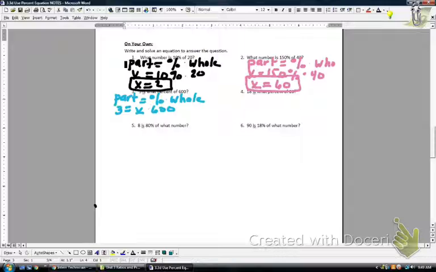All right, on number 3, it says 3 is what percent of 600? So I have my percent equation, part equals percent times whole. My part is 3, my percent is what I'm trying to find, so that's my X. And then my whole is 600, so I'm going to divide both sides by 600. And then when I do that, I get X equals